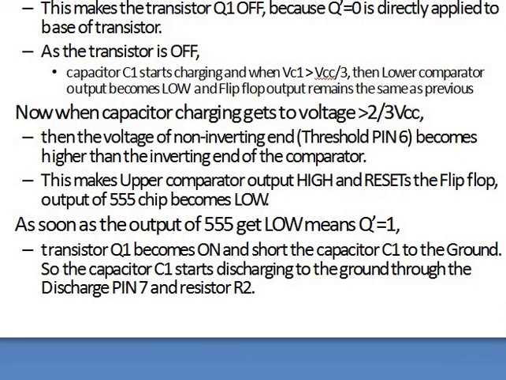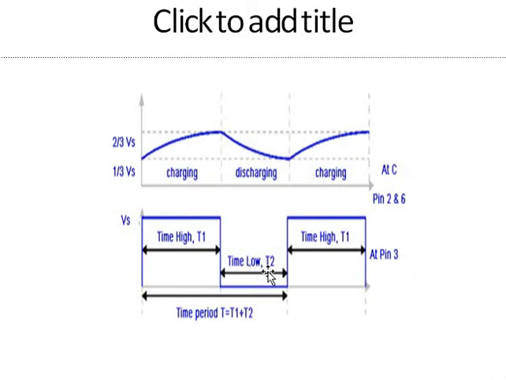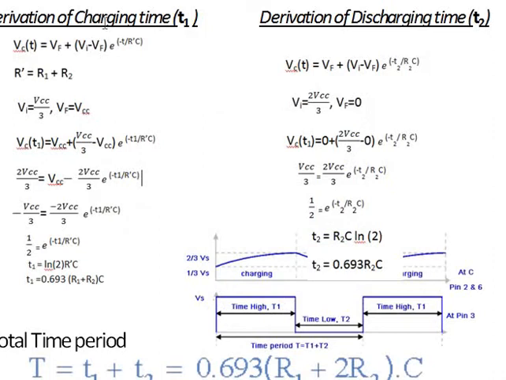It discharges through the R2 resistor. Here is the waveform of the output and the capacitor charging and discharging. So let us derive the charging time T1 and discharging time T2. So for that, let us write the